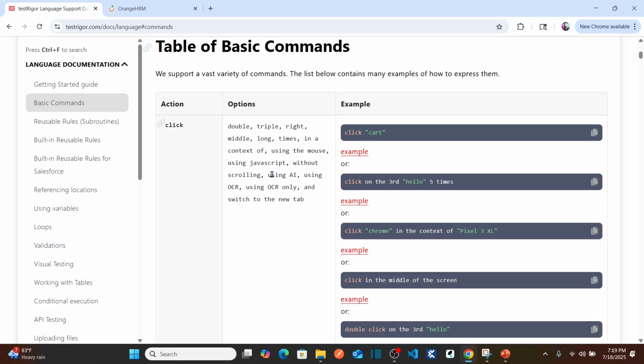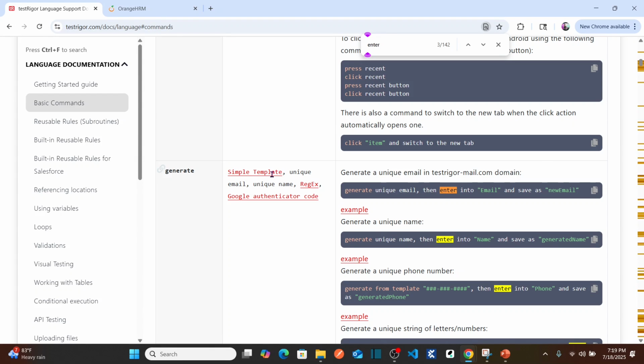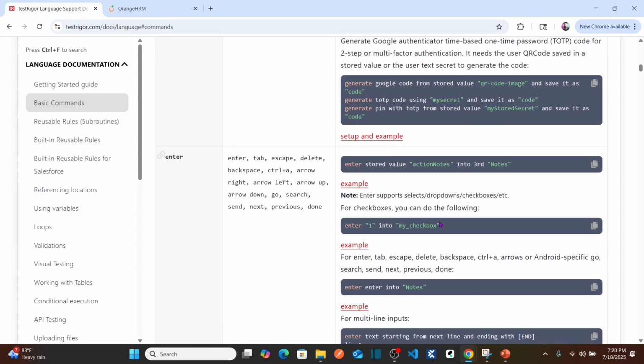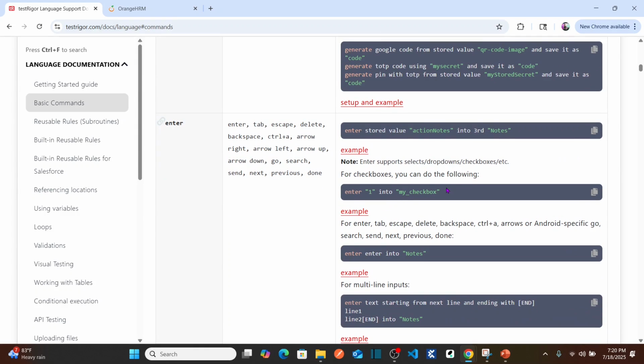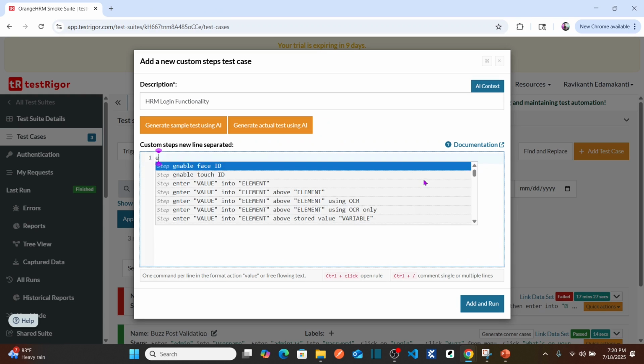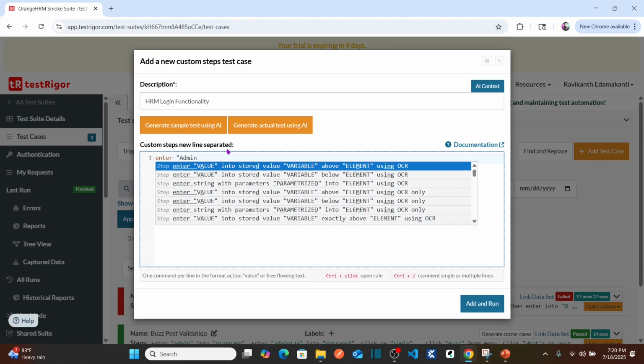First, here search enter, because we are going to enter the username and password. Here are some examples of how to prompt to enter the value. You can see enter 1 into my checkbox. So let us go back to our prompt. Enter, the value should be specified under double quotes. I'm going to say admin, enter admin